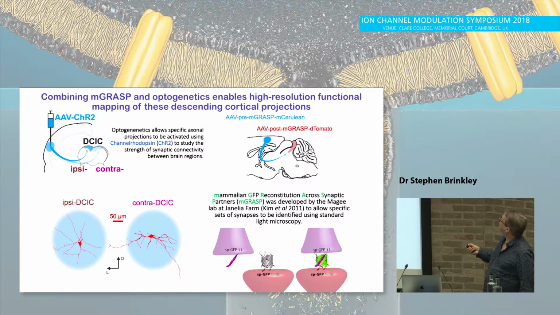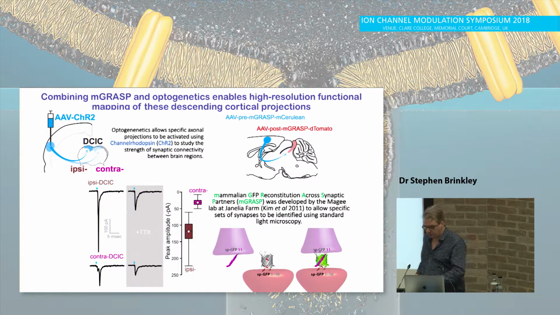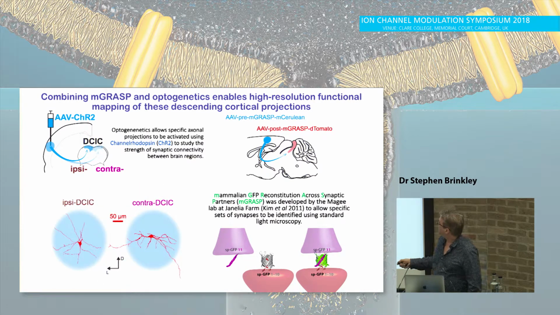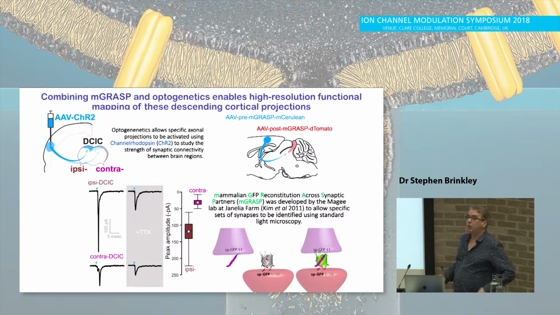I'll talk about this simple thing first. Optogenetics. We put an AAV channelrhodopsin into the auditory cortex. It projects more strongly to the ipsi than the contra. We then make recordings from the ipsi and the contra, and we see larger inputs in the ipsi than the contra. And these are glutamatergic inputs. We're stimulating all the inputs onto that neuron within an acute slice preparation. So if I go back, this is the blue light flash, which we picked to cover the entire neuron. So we're stimulating all the release sites onto that neuron that are coming from the auditory cortex. Only those from the auditory cortex, of course, because those are the only ones expressing channelrhodopsin. And we see that the responses are bigger in the ipsi than the contra, and that's what we expected.